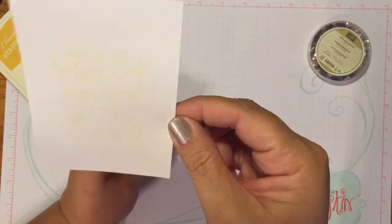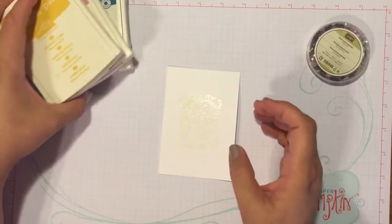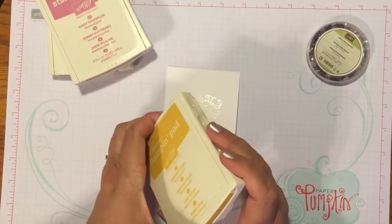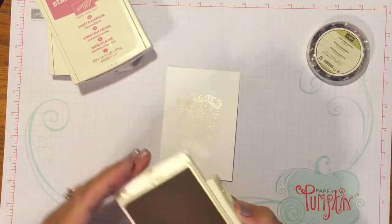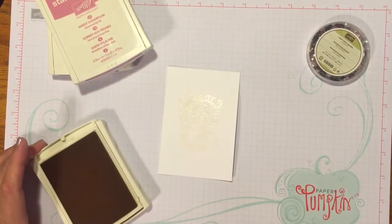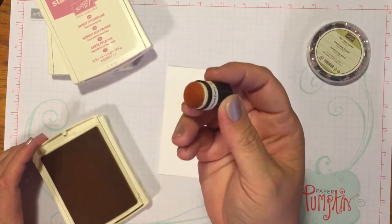So, alright, there we go. It's now all embossed and dry. We're going to go ahead and get out our different colors. I'm going to put some Crushed Curry on here. And all I'm going to do is take my little sponge daubers